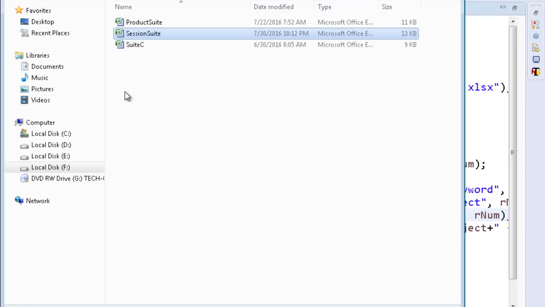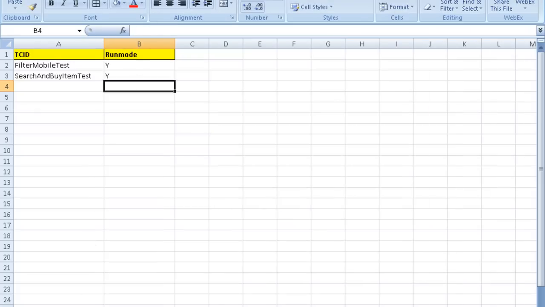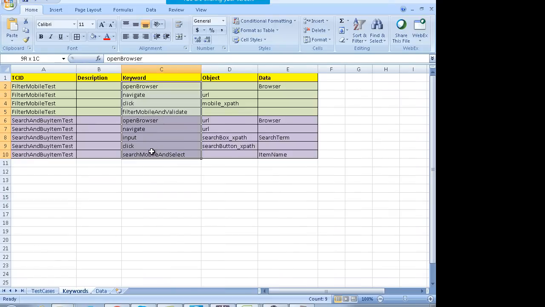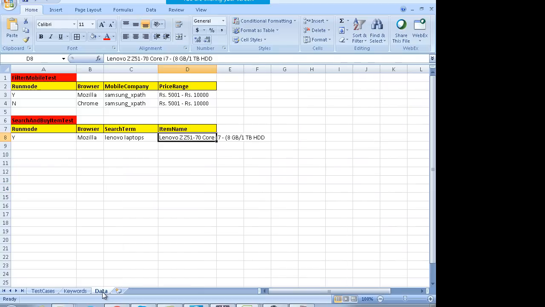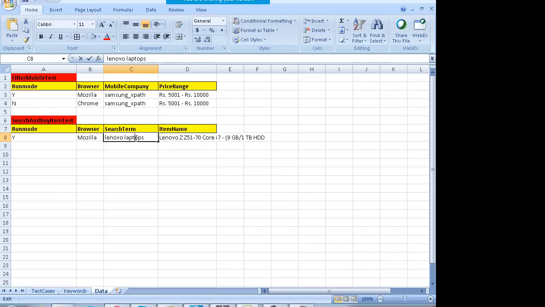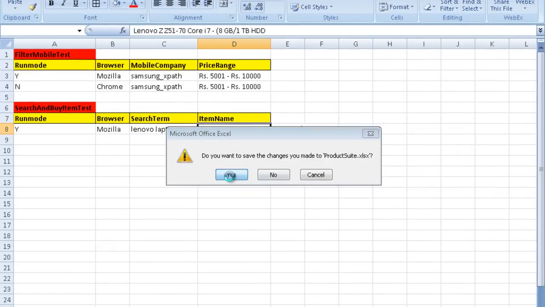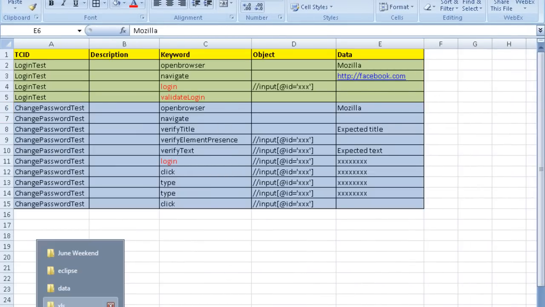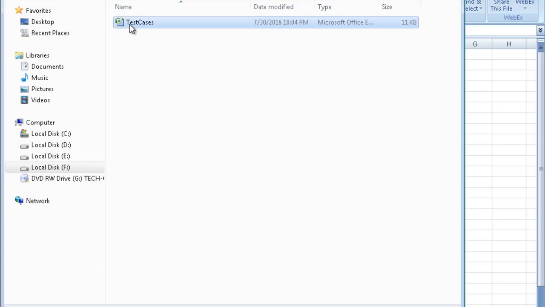And similarly in the product suite as well, I had these two test cases, filter mobile test and search and buy item, for which I had different keywords. And I had arranged the data like this. For example, in search and buy test I had to buy the item, search for Lenovo laptops. So this is just a simple test which has been implemented, but I'm just giving you the idea. Hold on, one more thing, and if you look at